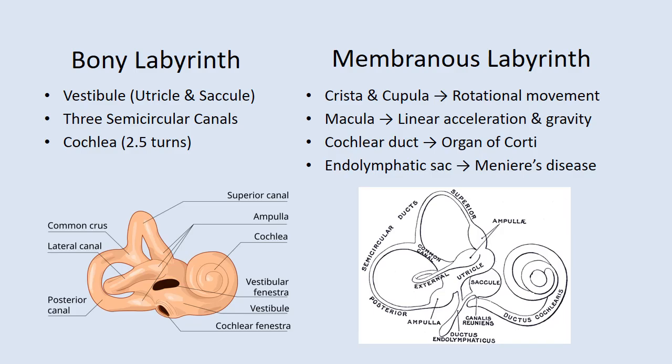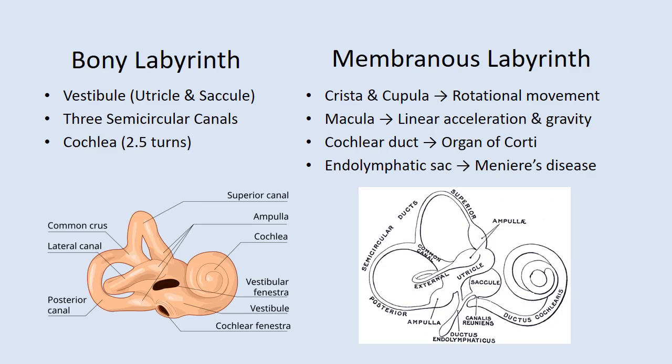Inside this bony casing floats the membranous labyrinth, filled with a different fluid called endolymph. This is the functional unit of the inner ear. It consists of the membranous semicircular canals, which contain the crista and cupula, the sensors for rotational movement,